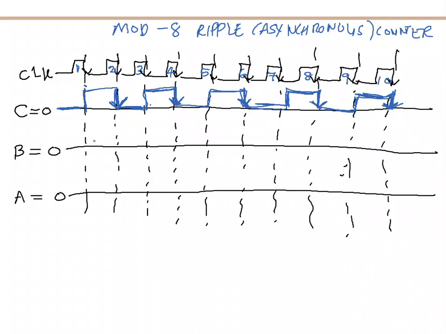Next, for B, the initial value of B is 0. It will continue to be 0 up to this point. Okay, up to this point when negative edge triggered for this clock,